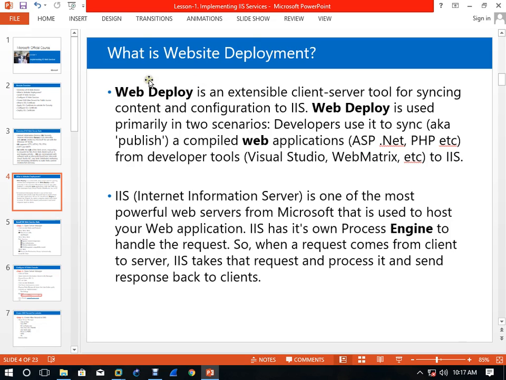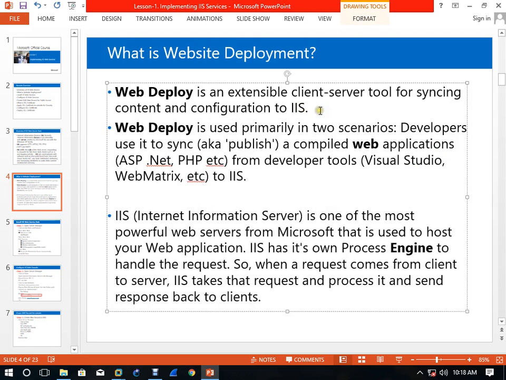Okay, web deploy. What is website deployment? Website deployment is an extension of a client server tool and the configuration of.